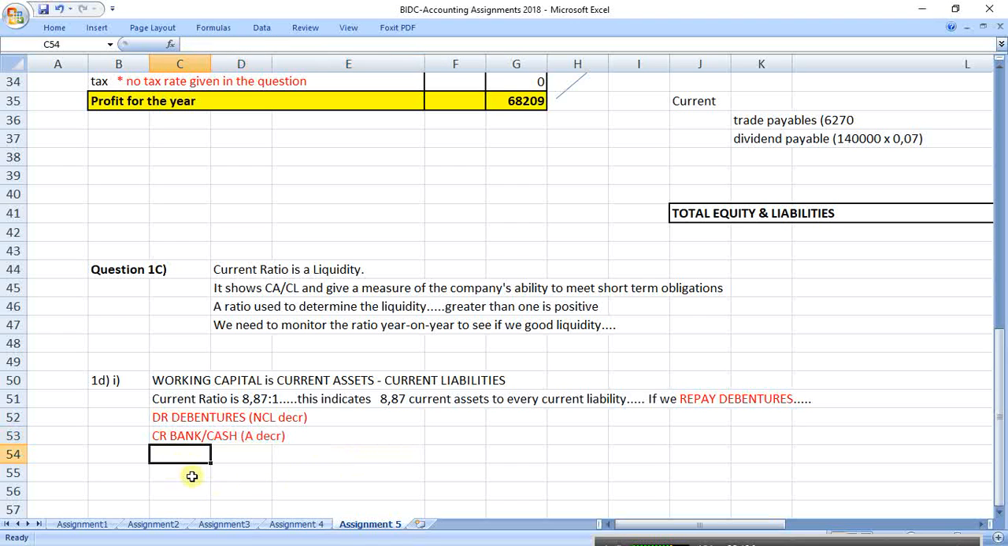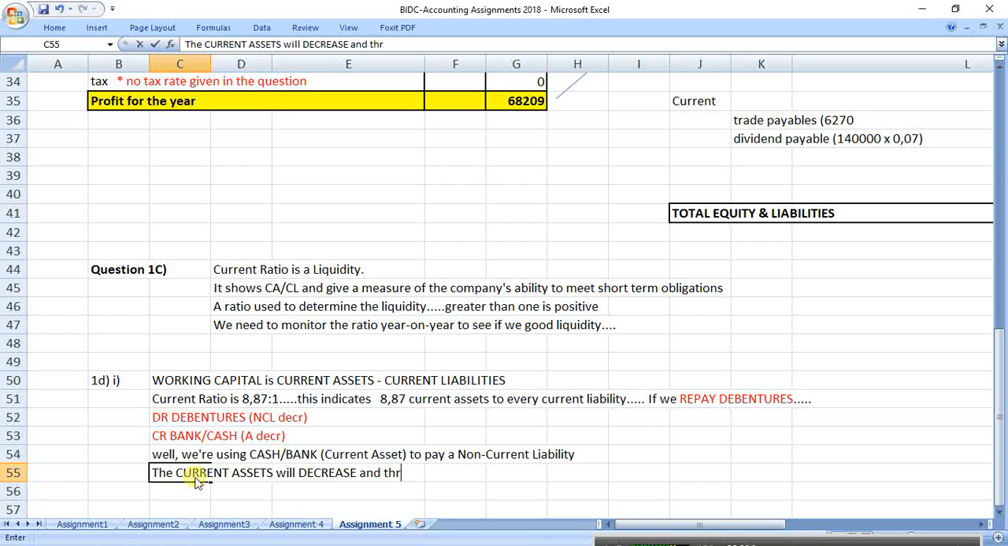Okay, so what's the effect going to be? Well, we're using the effect of this. What is the effect of this on working capital? Okay, so we're using cash/bank (current assets) to pay a non-current liability. Okay, the current assets will decrease, and therefore